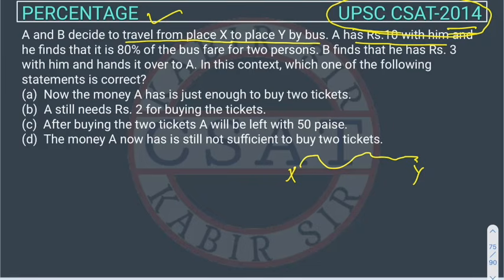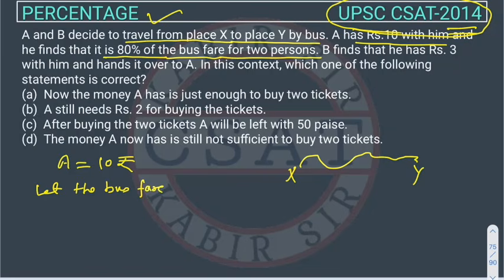So how much money is A having? A is having 10 rupees, right? And he finds that it is 80% of the bus fare for 2 persons, right? So let the bus fare for each person be X, right? So now what is given? It is given that A's money is equal to 80% of